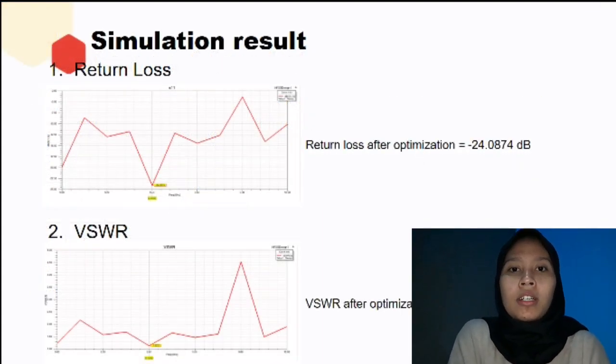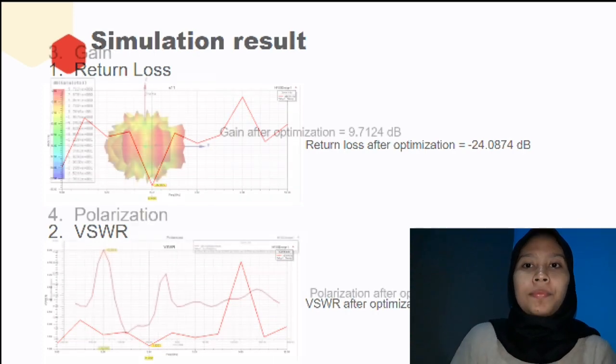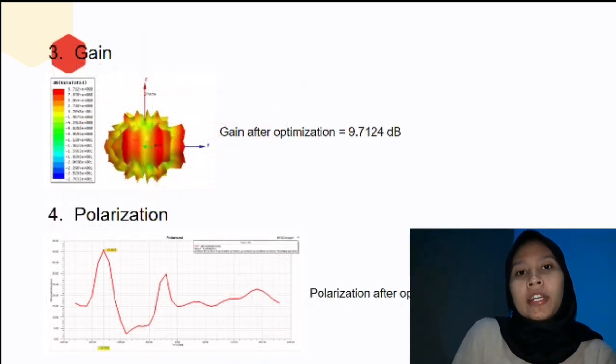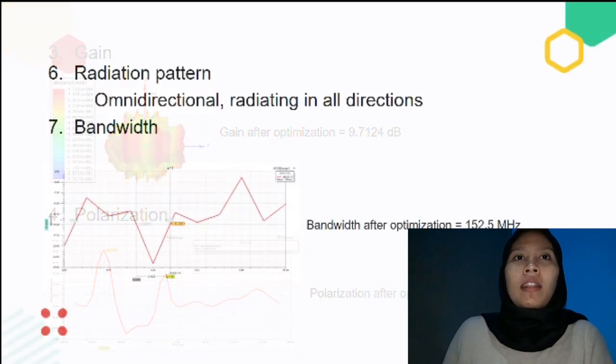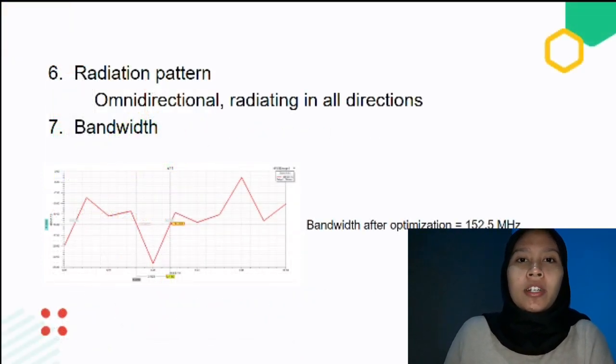Simulation results: return loss equal to minus 24 dB, VSWR equal to 1.13, and then gain after optimization equal to 9.7 dB, and then polarization after optimization equal to linear, more than 40 dB, and then radiation pattern equal to omnidirectional, and then bandwidth after optimization equal to